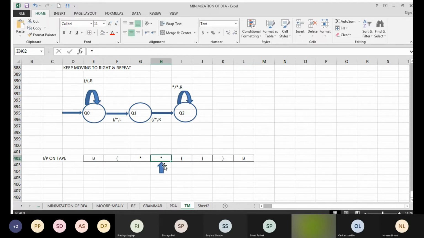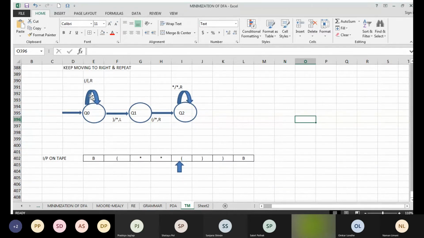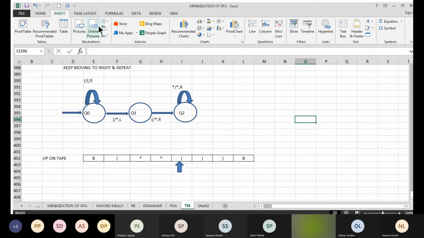So it says this star is kept as it is, moving towards right. Now the same process will be followed, right bracket is kept. So if we come back to Q0,